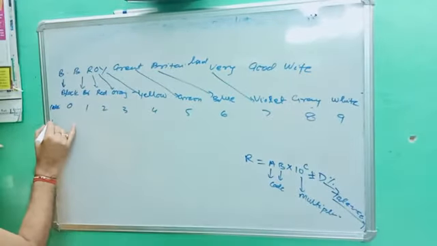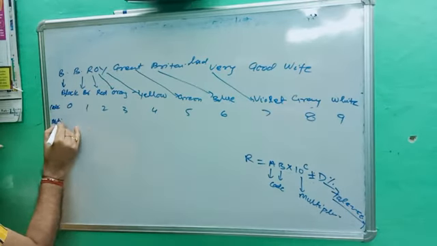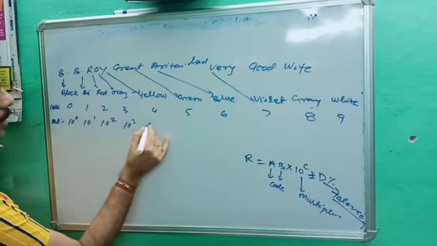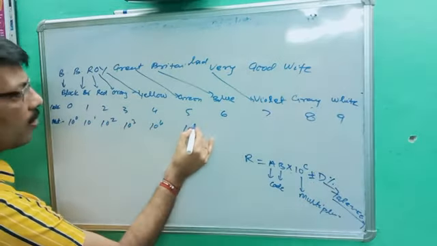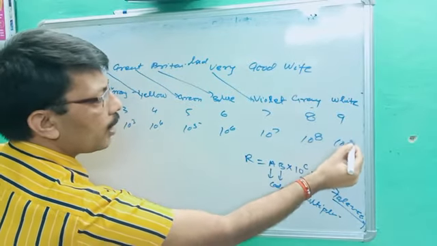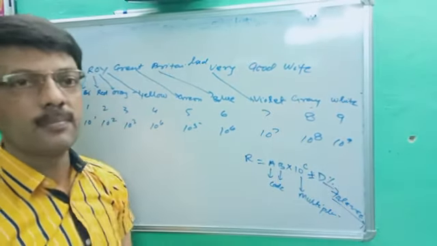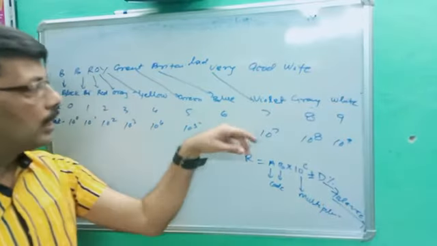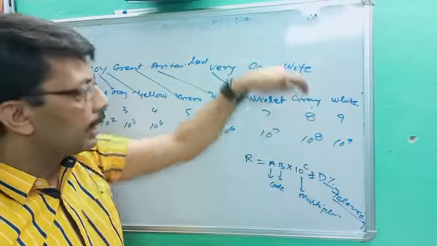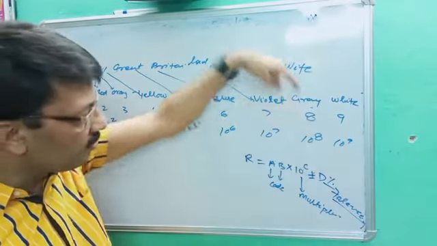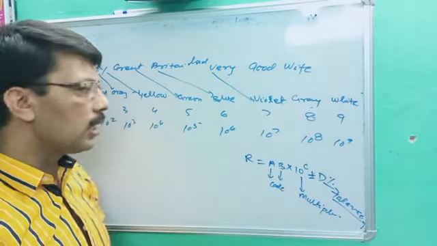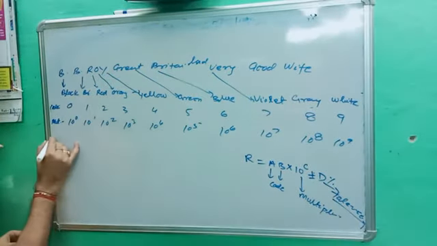Next, multiplier. In the same way, 10 power 0, 10 power 1, 10 power 2, 10 power 3, 10 power 4, 10 power 5, 10 power 6, 10 power 7, 10 power 8 and 10 power 9. They are called the multiplier, because we need a multiplier here. So let's suppose the gray color is there. You have to write 10 power 8, because the gray color multiplier is 10 power 8. And if A and B are gray color, you have to write 8. So this is all about this. Next, tolerance.